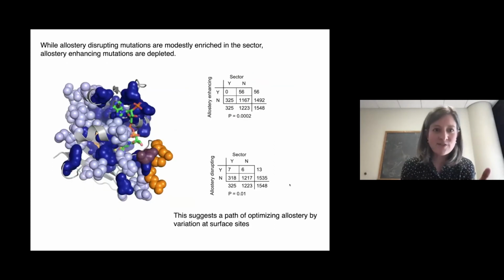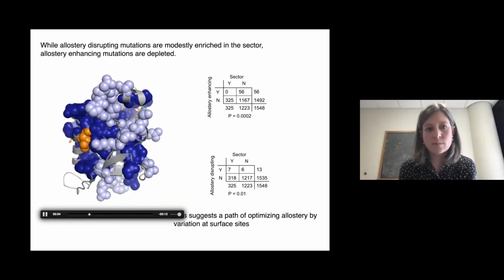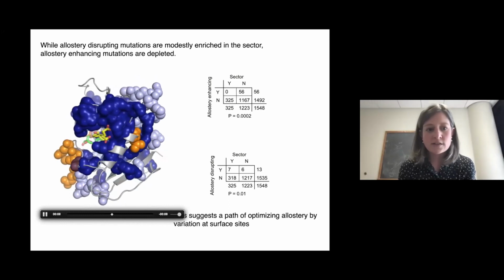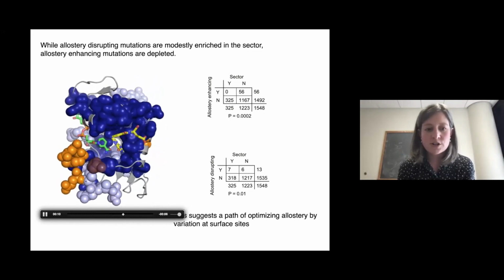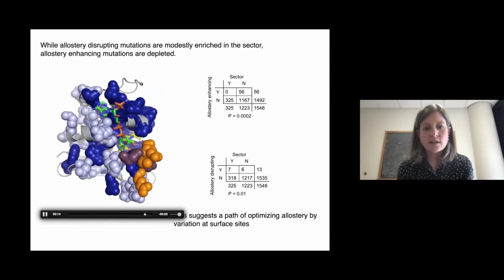Okay, and finally, we wanted to ask, what's their association or not with the sector? So here I'm showing a little movie. The sector positions, again, are in dark blue. The allostery enhancing mutations are in light blue, and the allostery disrupting mutations, again, are here in orange. So you can see here's the insertion site, and then these allostery enhancing mutations